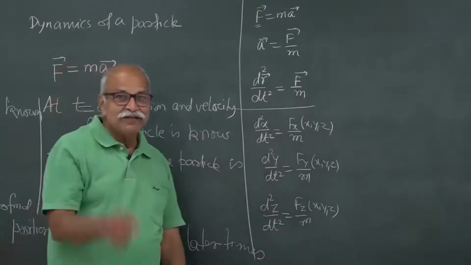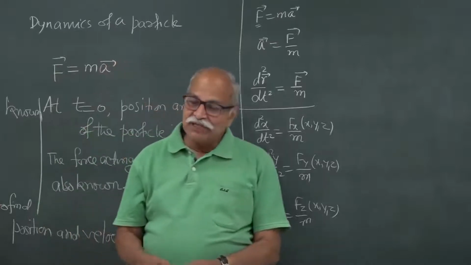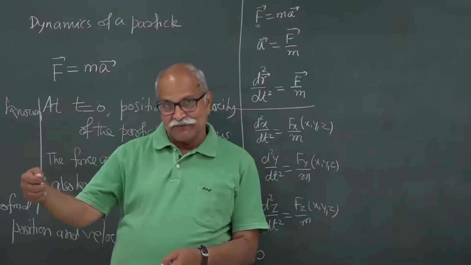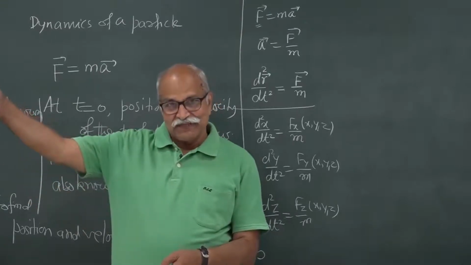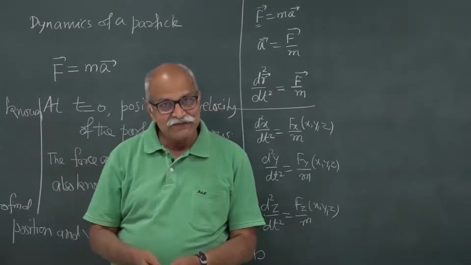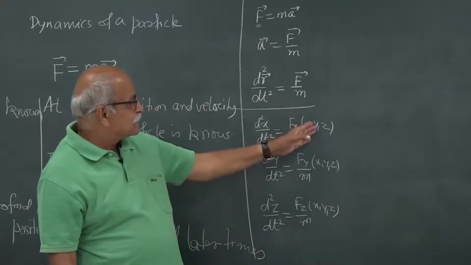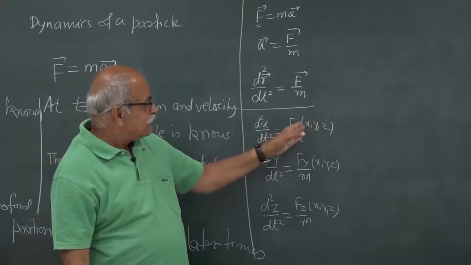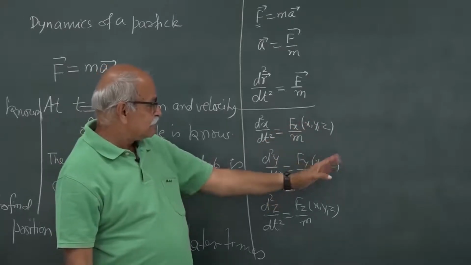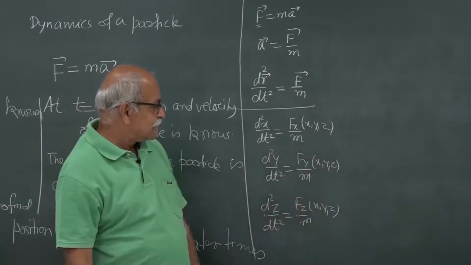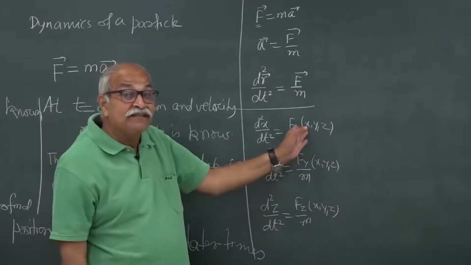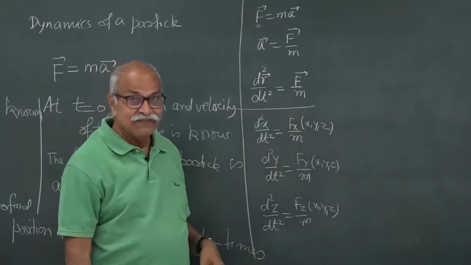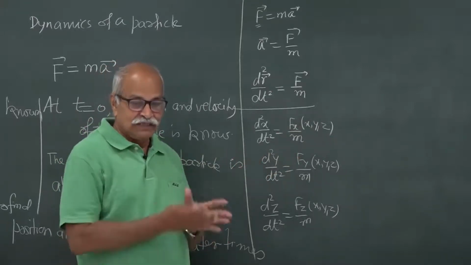Just like if you have a pendulum, then if the pendulum is here, you have a particular force, if the pendulum is there, you have a particular force. So, it depends on the position of the particle, and therefore it can be a function of x, y, z. If it so happens that it does not depend on x, y, z or t,